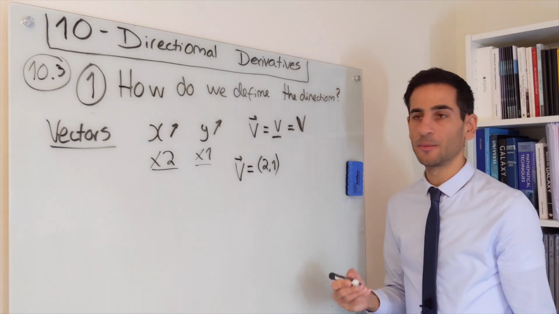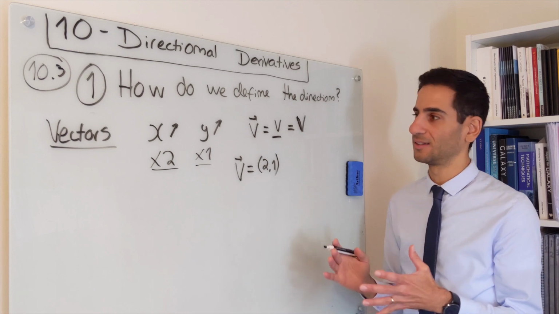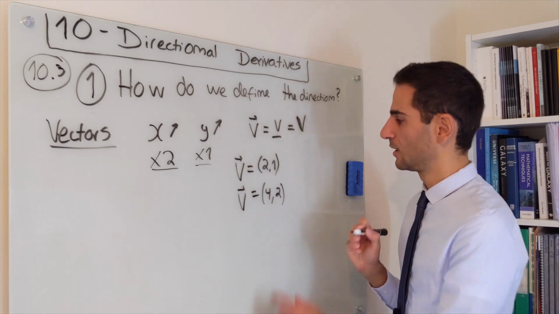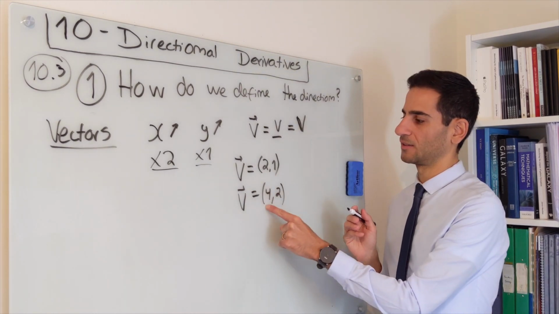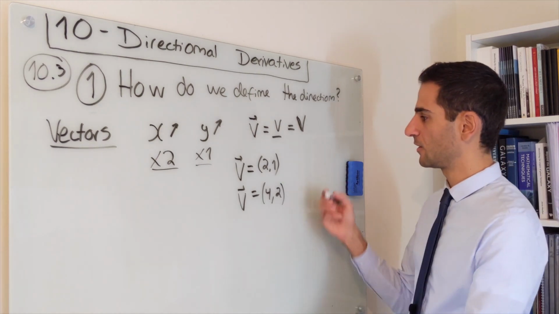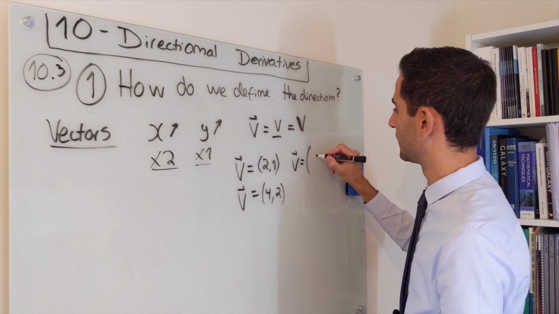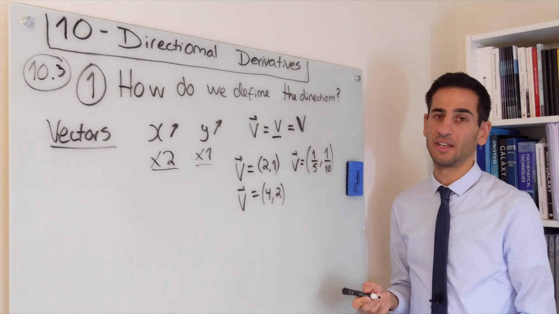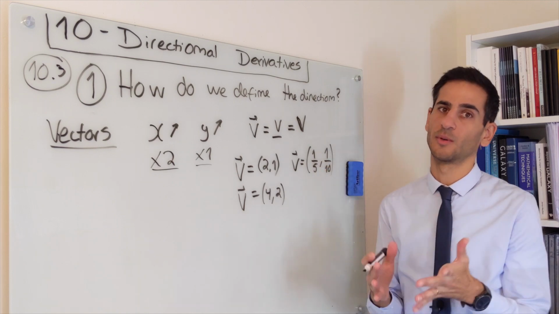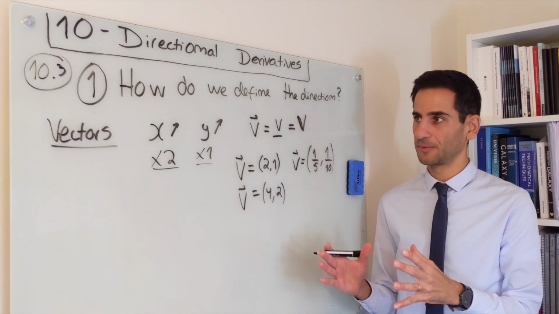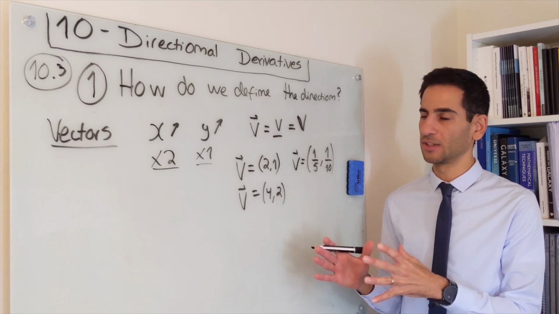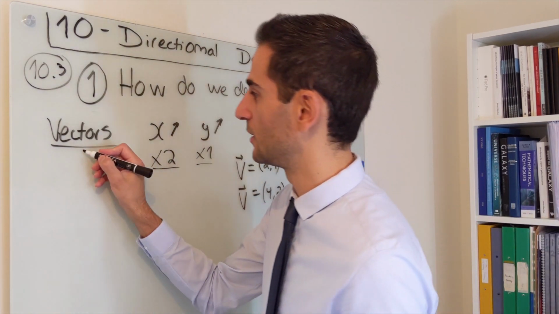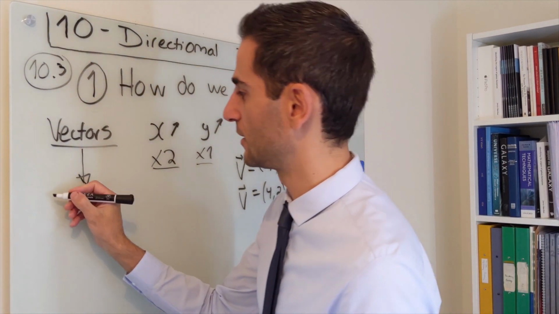The problem is there's many ways you can convey exactly the same thing. A vector that has components 4, 2 is also telling you that x is increasing twice as fast as y. But you can also think of other combinations. For example, 1 over 5, 1 over 10 is also conveying the fact that x is increasing twice as fast. In order to make it very objective, so that there's only one way to do this, and so we can actually then use it to calculate directional derivatives, what we're going to be using is not just any vector, but it is the unit vector,